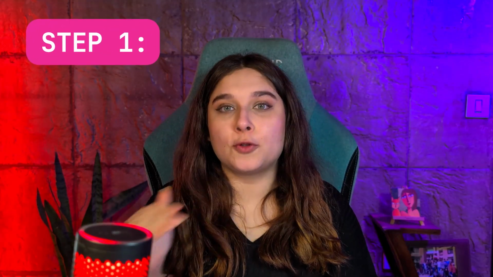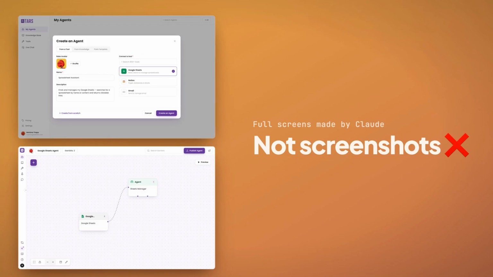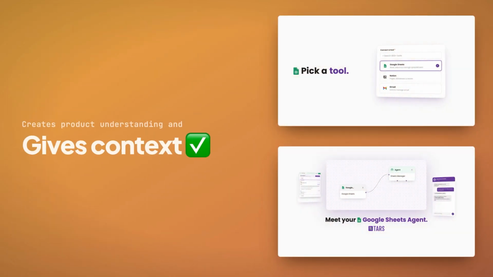So, for the third attempt, I followed a really simple and straightforward stepwise process where Claude could build its understanding of what I wanted. Once it had all the real assets, we went about it like this. Step 1, ask Claude to make the full screens of the product. We would only use parts of the screens later on, but Claude needed to know what the entire screen looks like for context. This was the foundational replacement. In the first attempt, I had made the screen recording and given it to Claude, but in this attempt, Claude was making the screens on its own.